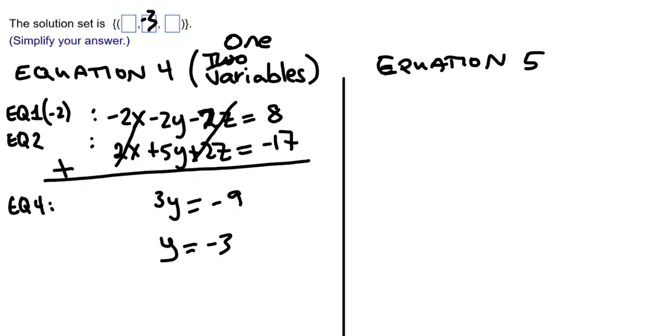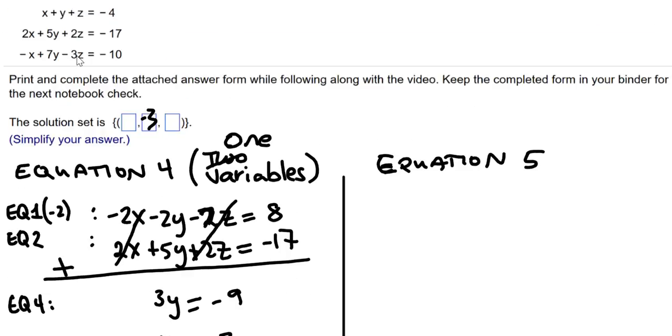this time I'm going to still eliminate z, and I can use equation 1 with equation 3, or I could use equation 2 with equation 3. Equation 3 has not been in play yet, so I know that I want to use equation 3 with one of the other two equations, and it looks to me like it's going to be easiest to eliminate z if I use equation 1 with equation 3. So I'll do that. So equation 1